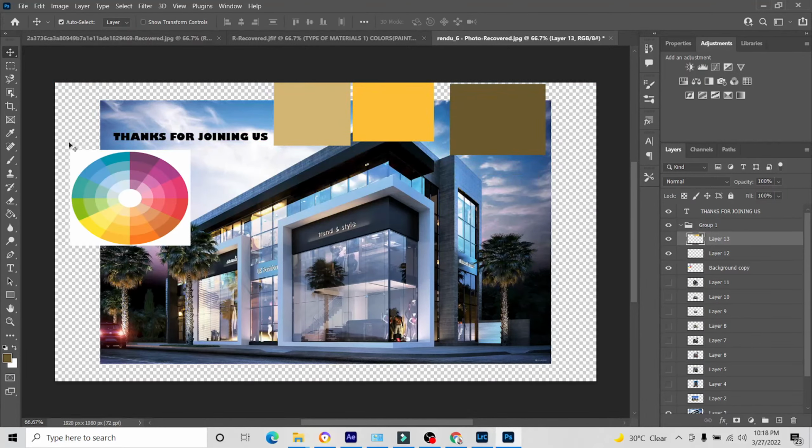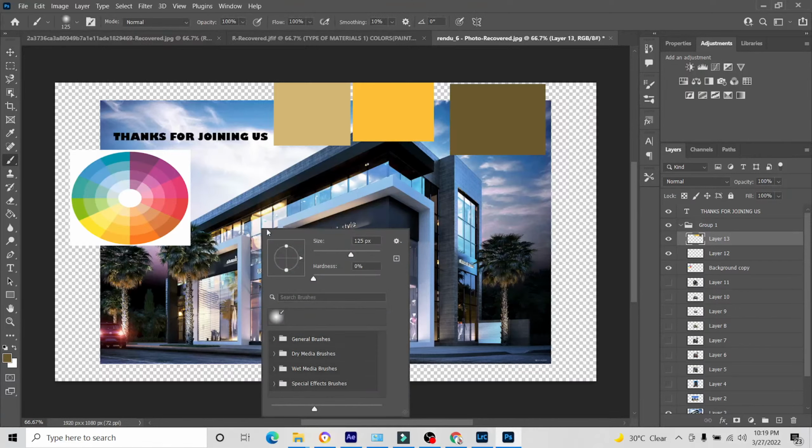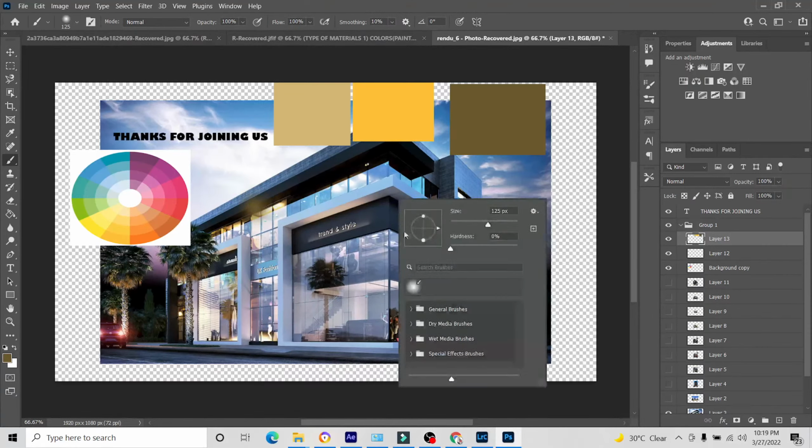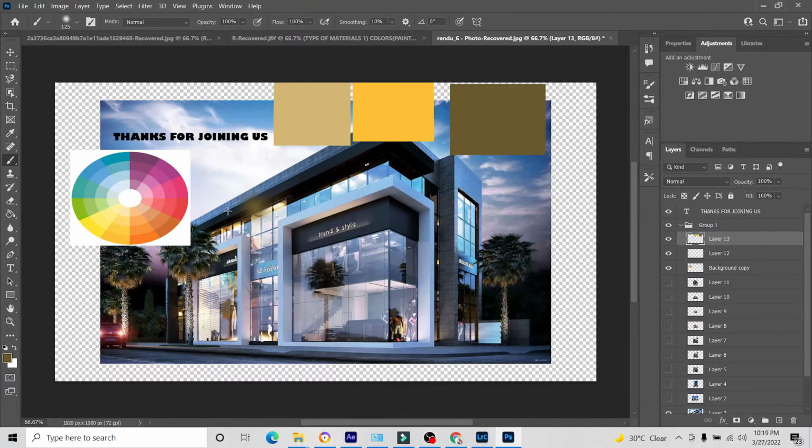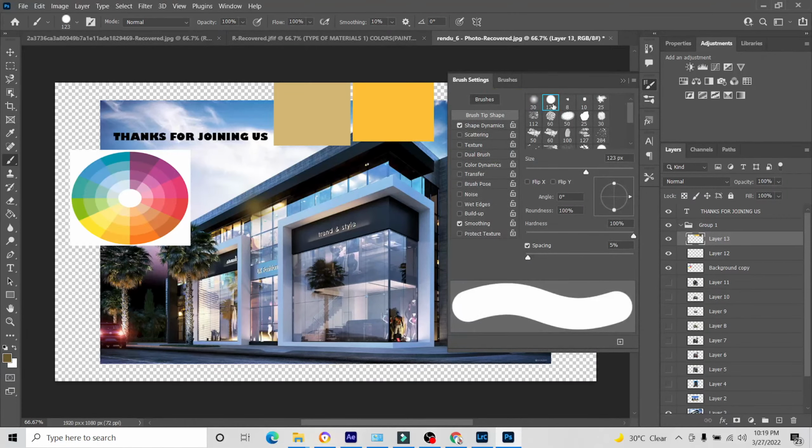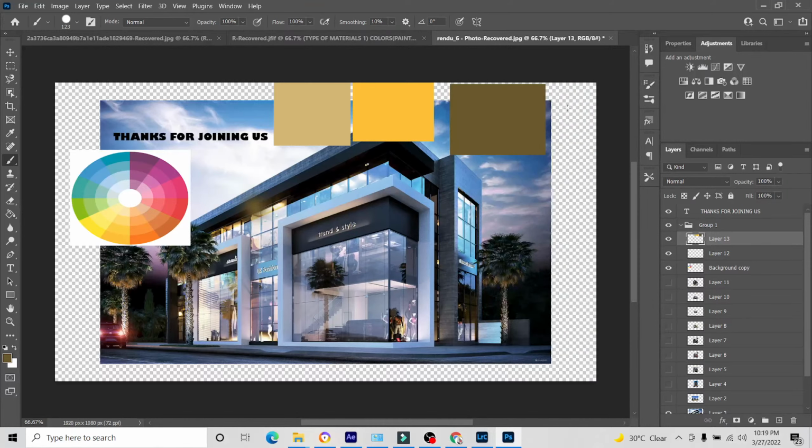these are particular, or let me change my brush. Okay, so for example, if I want to, let me clean this. For example, if I want this to be ash, if you take a look at this